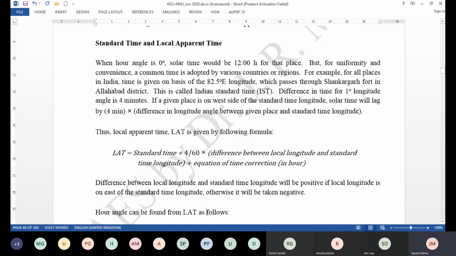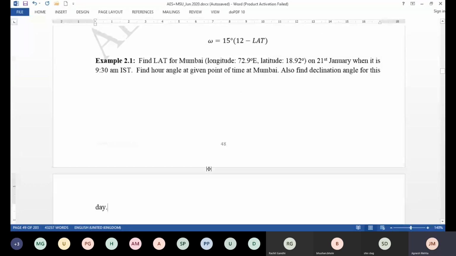So we did an example on this also. The example was that you are at Mumbai and the longitude and latitude are given, and on a particular day, that is 21st of January, it is 9:30 a.m. Indian Standard Time, that is the time that you see in your watch, but that's not the local apparent